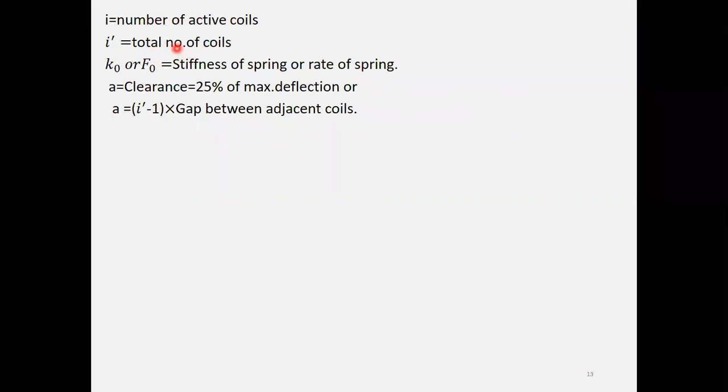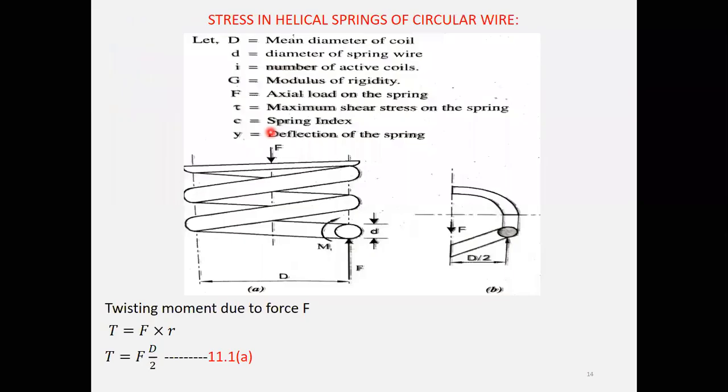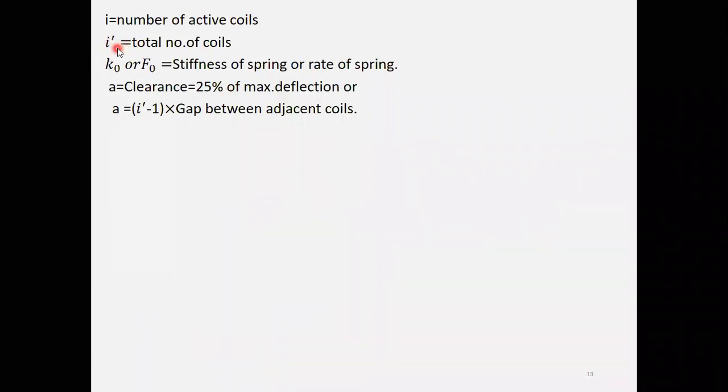To give the ground ends, or some conditions, there are a total of 4 conditions for the spring, which I will be explaining in the next slide. At that time I will tell you. While solving the problem, I will tell you what you mean by the number of active coils and what you mean by the total number of coils. Then it will be clear. Why? Because if I show that picture, you will come to know that. I will clarify that when I solve the problems. I will show that with the figure. Okay, sir. Thank you.